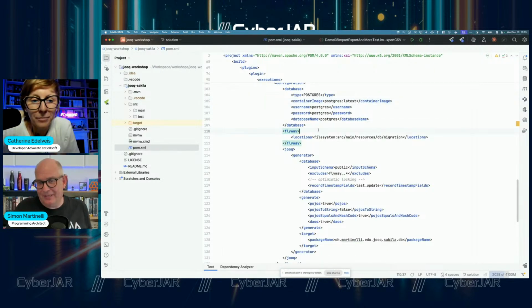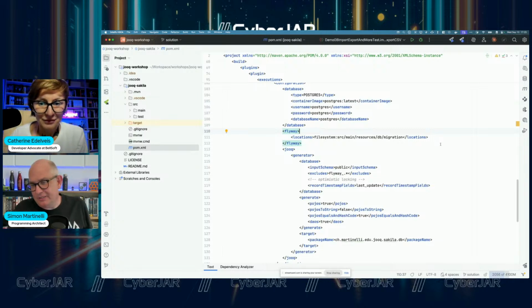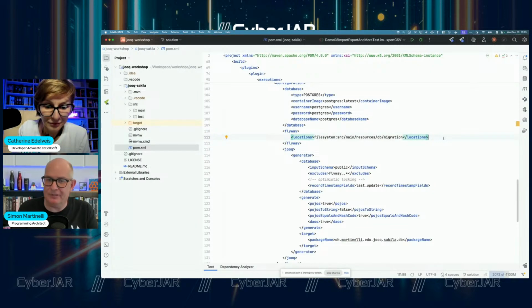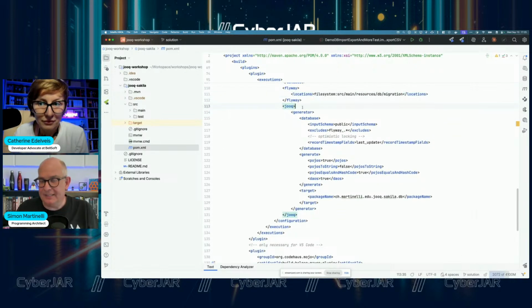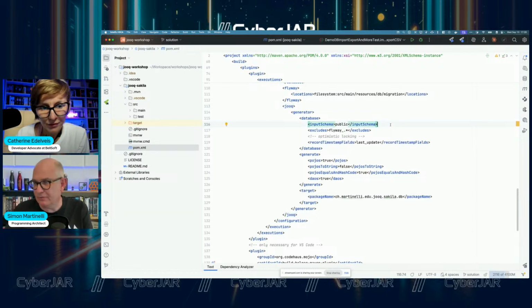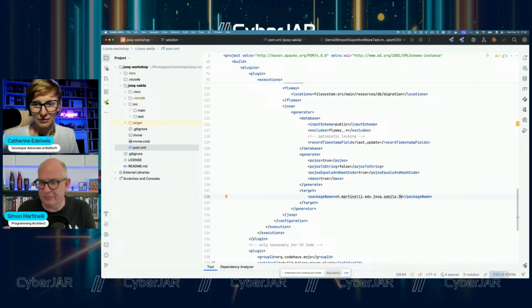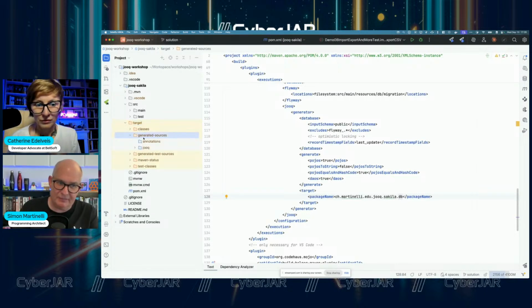So back to that. We have to configure Flyway. By the way, we don't have to do that. I just add that for the workshop, so people see what really happens, because this is the default location of the Flyway scripts. And then we have the jOOQ generator, and this jOOQ generator uses XML as configuration. That's just a very small part of what you can configure. But what you usually do is say which schema you want to analyze, and then say where exactly the classes should be generated, for example the package name. By default, jOOQ generates everything into the target generated sources folder. That's the default folder.